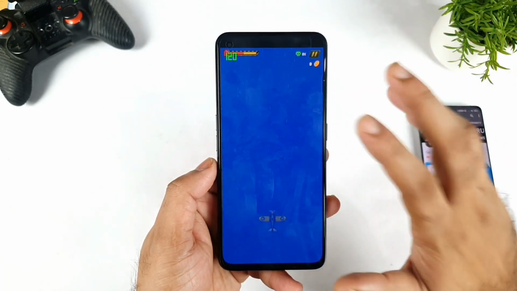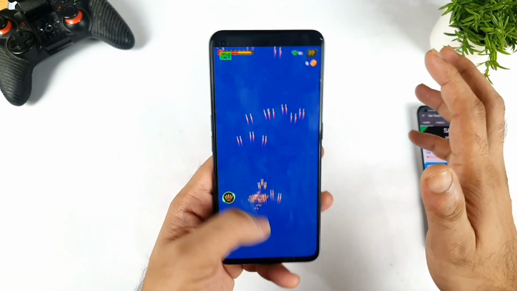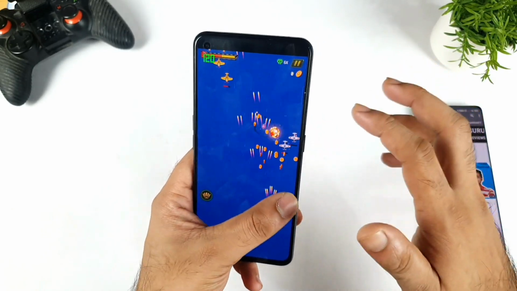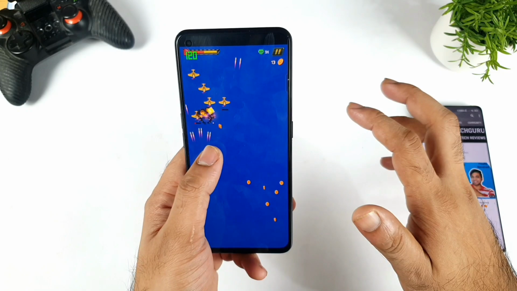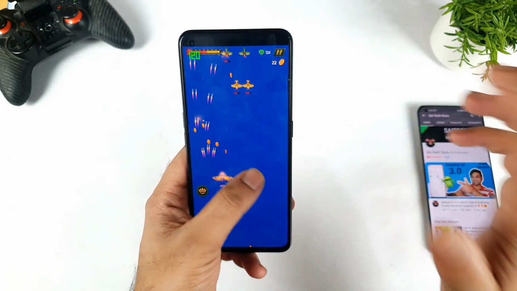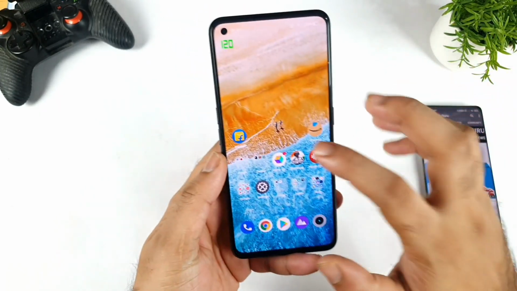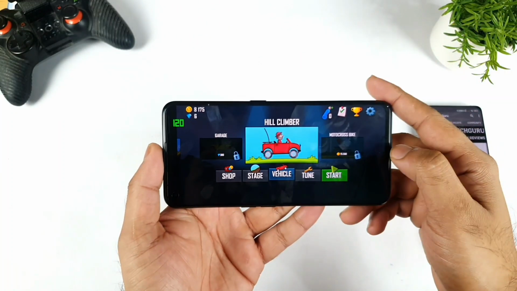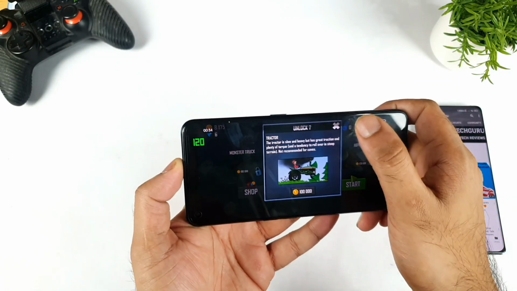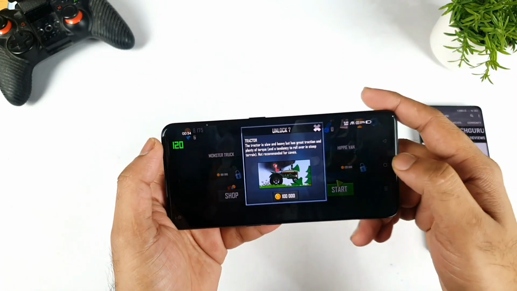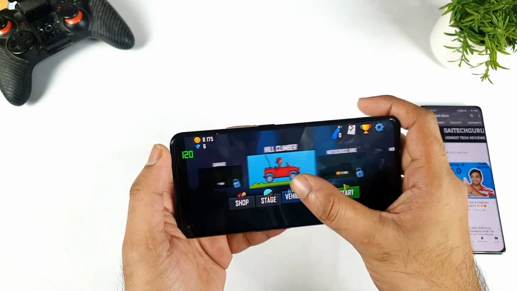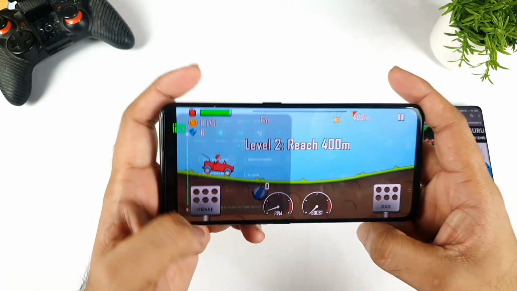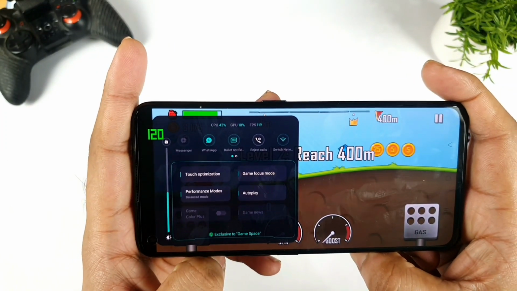You don't need to use any kind of brightness trick, nothing at all. Everything works smooth, flawless, no problem. The only thing is that the battery may drain a little bit more than usual because the complete UI will be forced to use the high refresh rate, not only this game's UI. If you want to disable this feature, you just need to restart the device. Once you restart, the values will come back to normal. That's how it actually works. So right now I'm able to play this game at 120 Hz refresh rate, as you can see exactly.